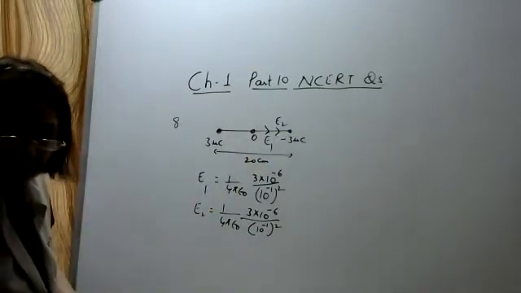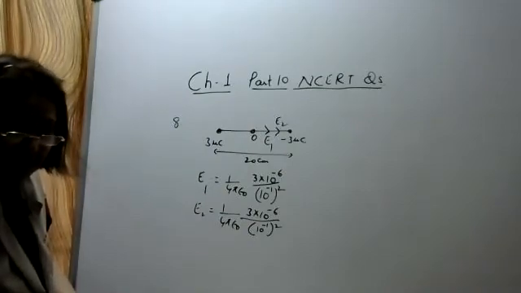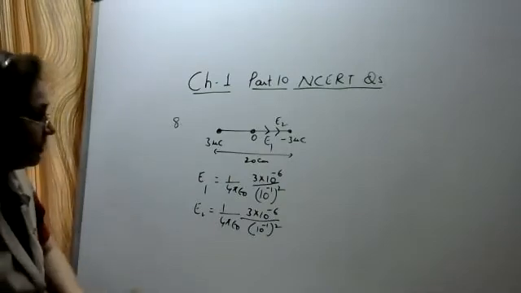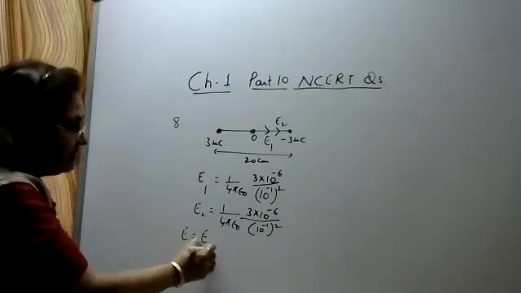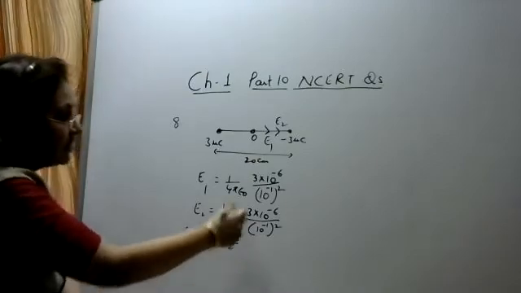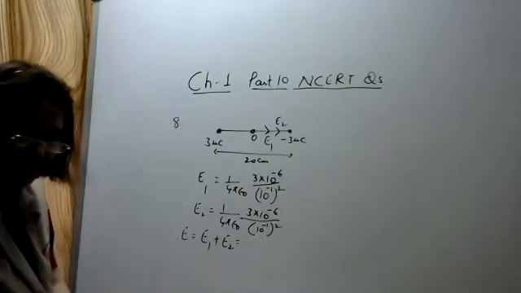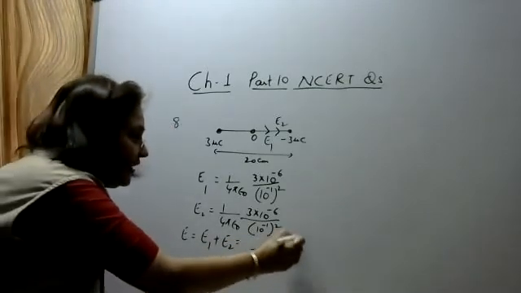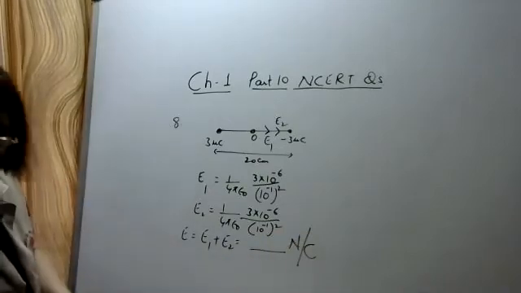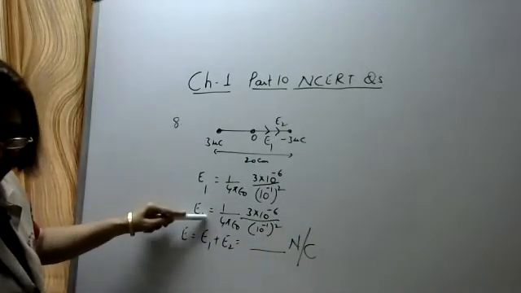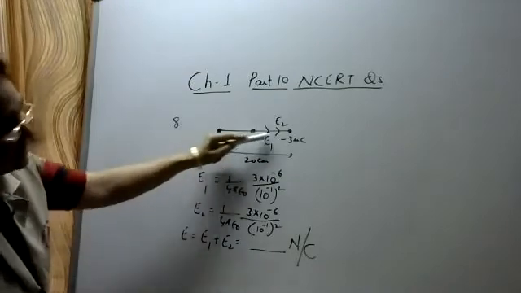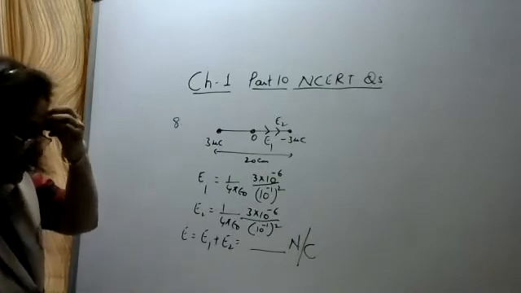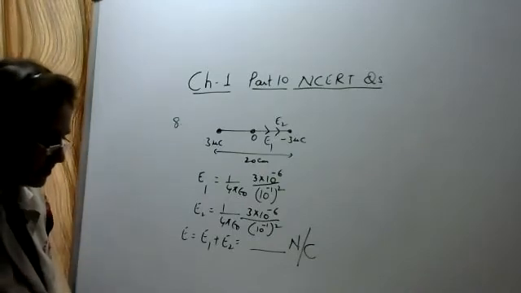So from the figure, what do you see? Both the electric fields are pointing in the same direction. So the net electric field at point O will be equal to E1 plus E2. Okay, so you can add these two and find out the net electric field. You will get some value. What is the unit of electric field? Newton per coulomb. Okay, so you can simplify. And what will be the direction of the net electric field? Towards the negative charge. Okay, the direction of the net electric field will be towards the negative charge.